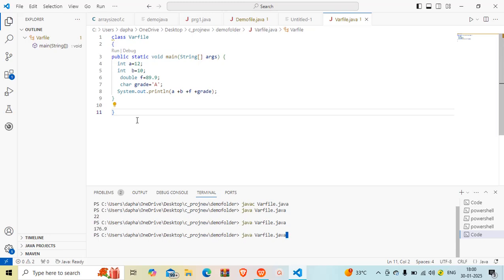So see here, like that, all values are printed here.